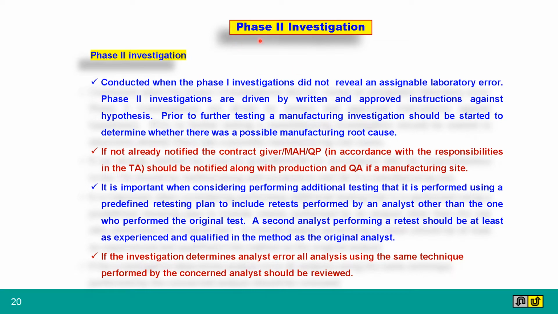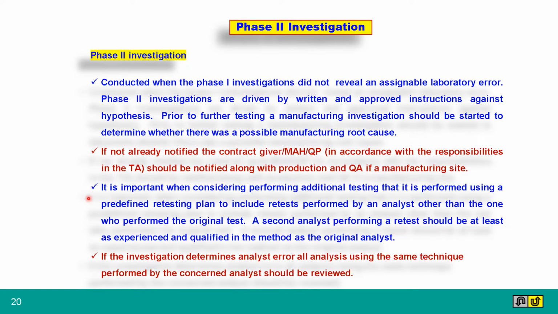Phase 2 investigation. Conducted when the Phase 1 investigations did not reveal an assignable laboratory error. Phase 2 investigations are driven by written and approved instructions against hypothesis. Prior to further testing, a manufacturing investigation should be started to determine whether there was a possible manufacturing root cause. If not already notified, the contract giver/MAH/QP, in accordance with the responsibilities in the TAR, should be notified, along with production and QA of a manufacturing